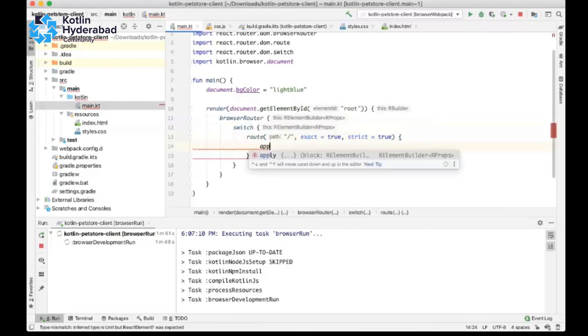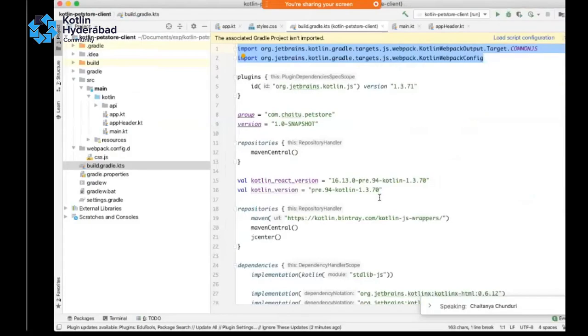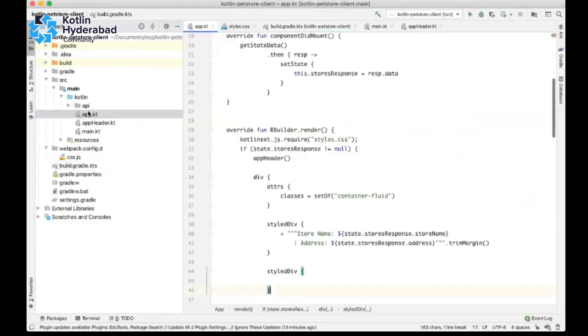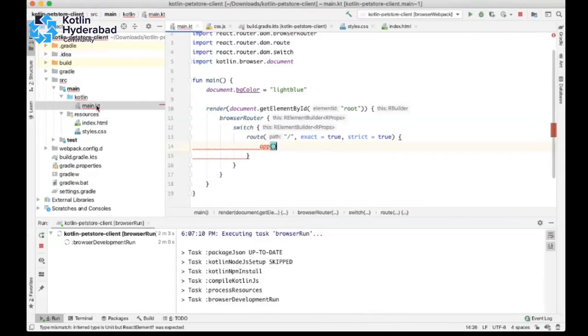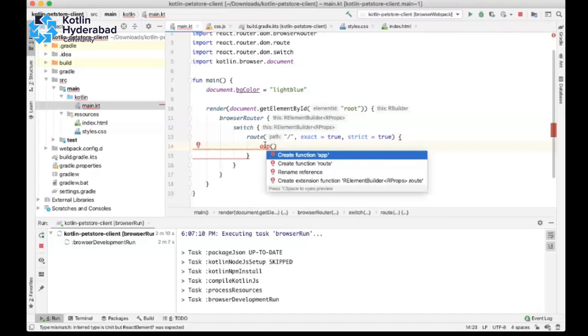Then here I'm just placing a different dummy method. I'm just copy pasting them. I'll explain what all these things are. Let us create now.